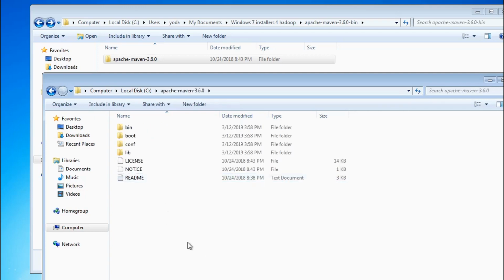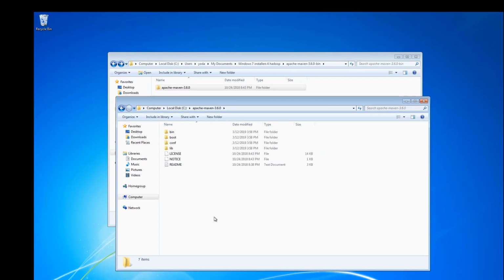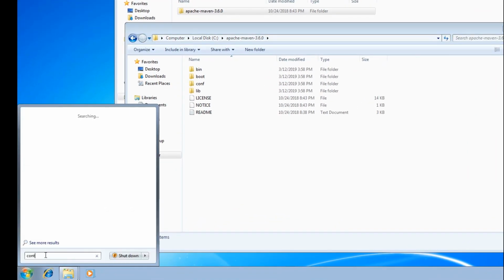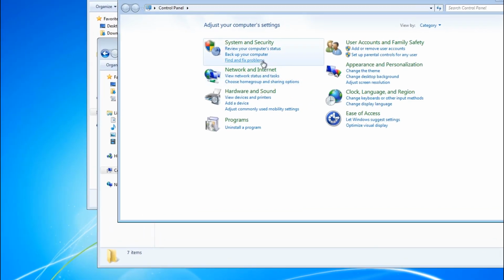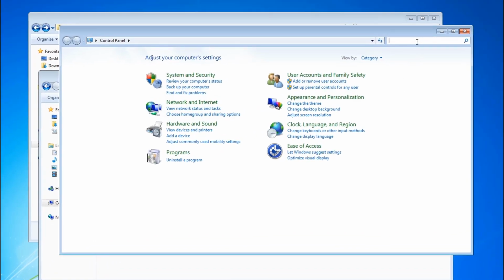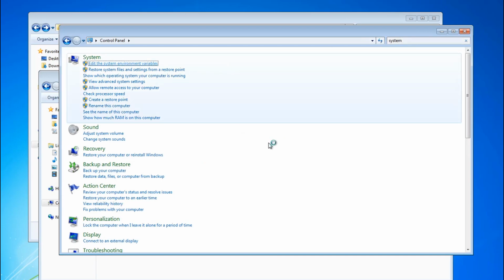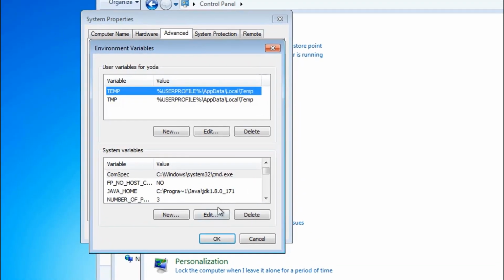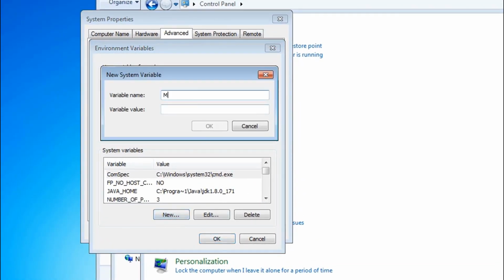So now let's configure this into the system variables. Go to the control panel, system variables, edit the system variables. Go to the environment variables. Under system variables, let's create a new variable called M2_HOME and give the path of Apache Maven.